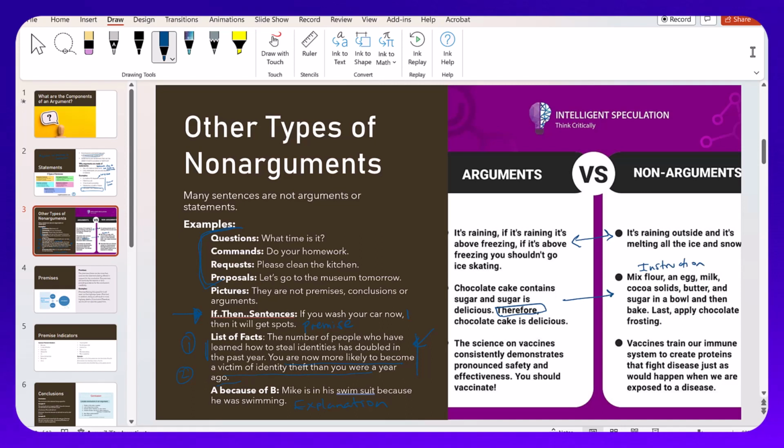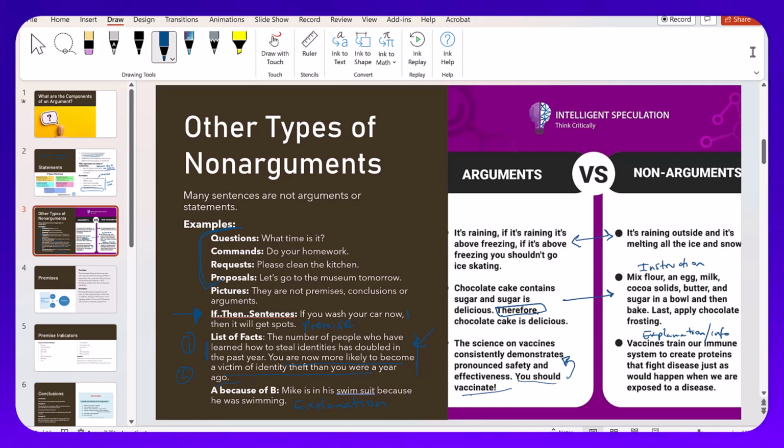Mix flour, egg, milk, cocoa solids, butter, and sugar. Last, apply chocolate frosting. The science on vaccines consistently demonstrates pronounced safety and effectiveness. You should vaccinate, right? The conclusion is you should vaccinate because of these things. Vaccines train our immune system to create proteins that fight disease, just as would happen when we are exposed to a disease, right? This is an explanation, information,